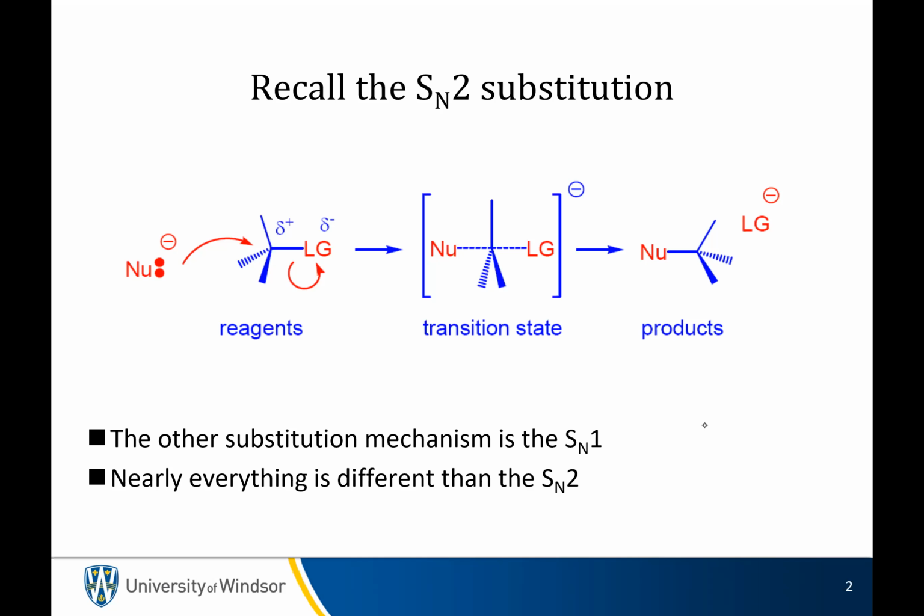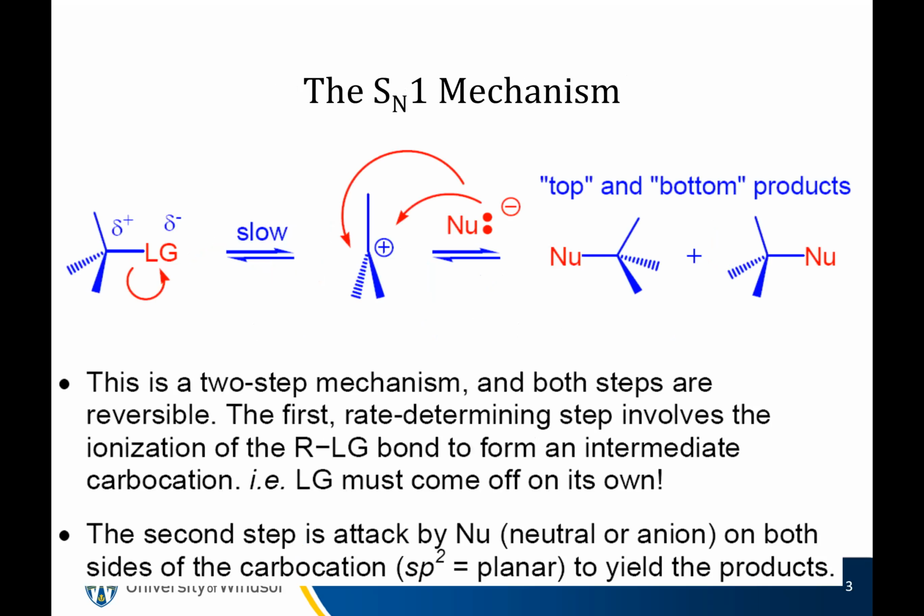So substitution occurs, everything else is different for the SN1. Need to get past slide number 2. So in the SN1, instead of having both molecules coming together in a transition state in the rate determining step, and we covered this when we did the intro to substitutions, all we have in the rate determining step is the leaving group wanders off and you make a carbocation. So this is an intermediate and it is formed.